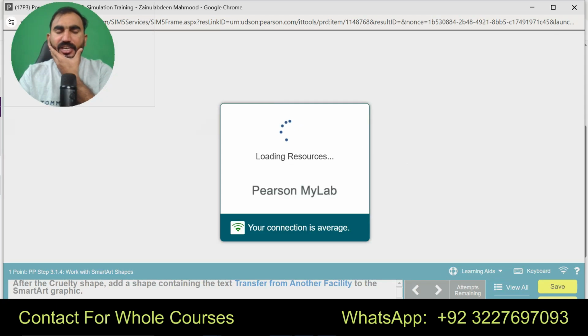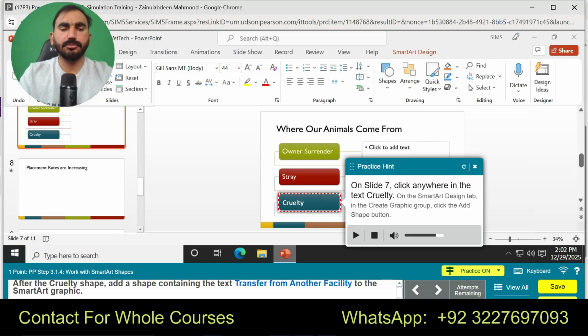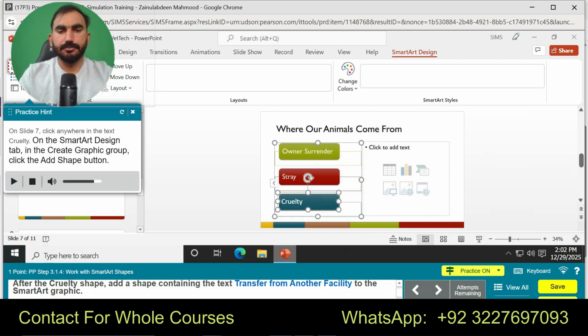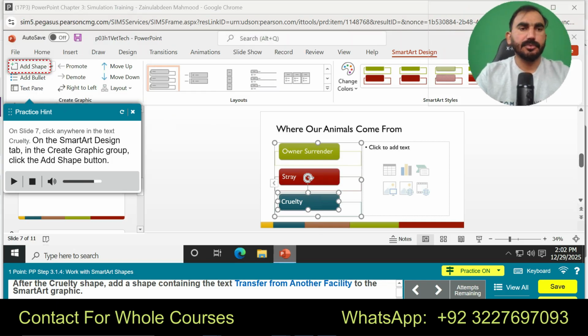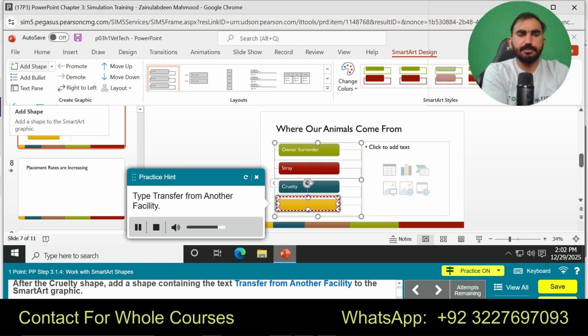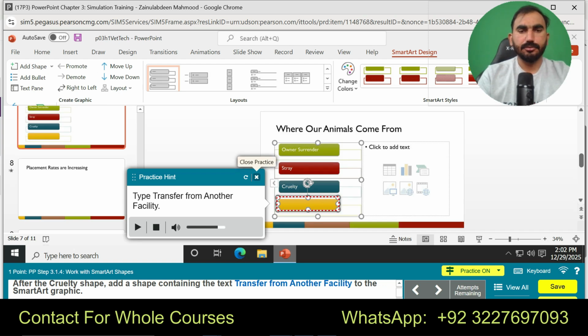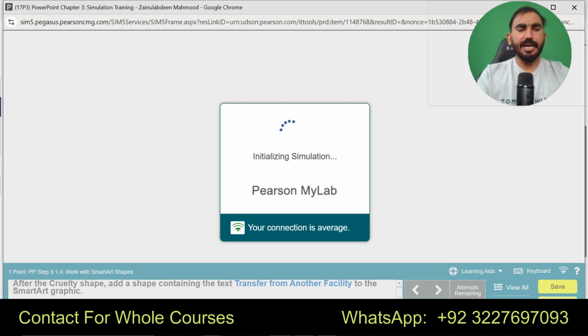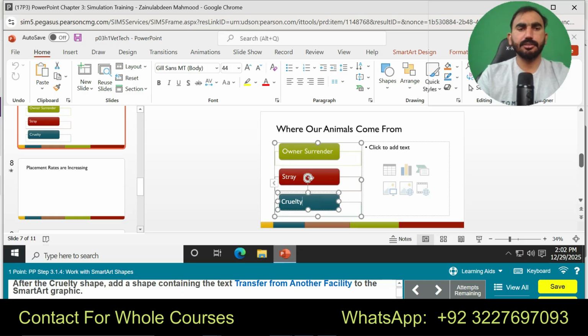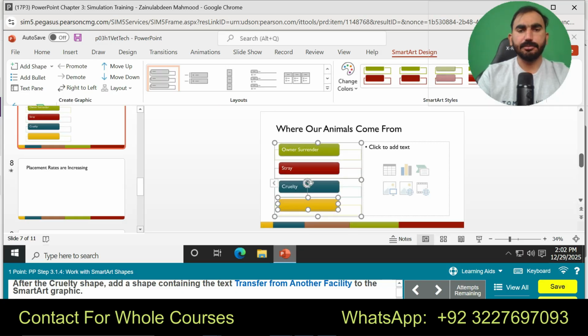I can show you how we can add a shape after the last shape on the slide. Here you can see add a shape, Transfer from another facility. Now you can see after the last shape, add a new shape. Click this one, Add Shape, and type